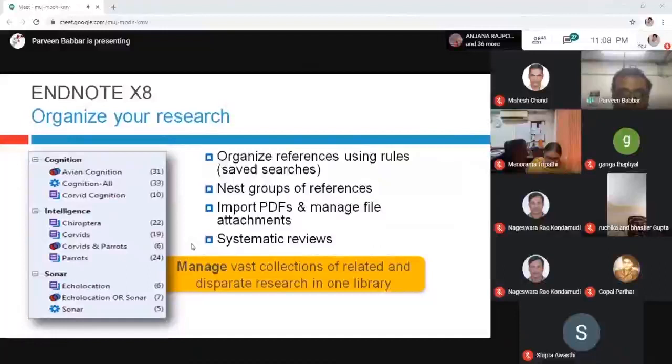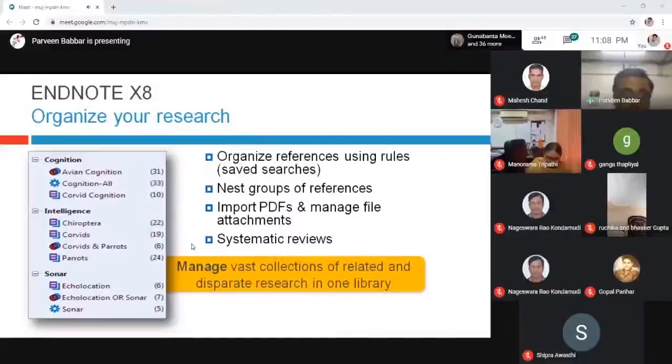For example, as the picture shows here, I have made 3 groups: cognition, intelligence, and sonar, and I place some articles in those particular groups.